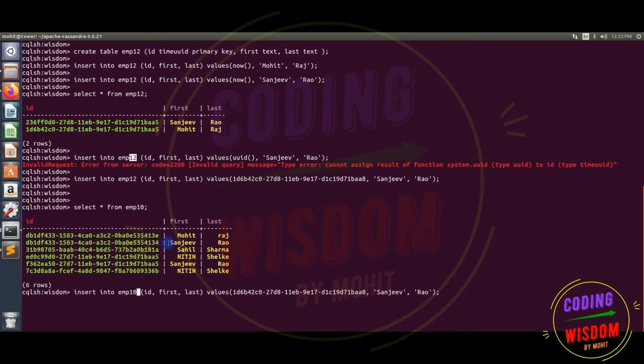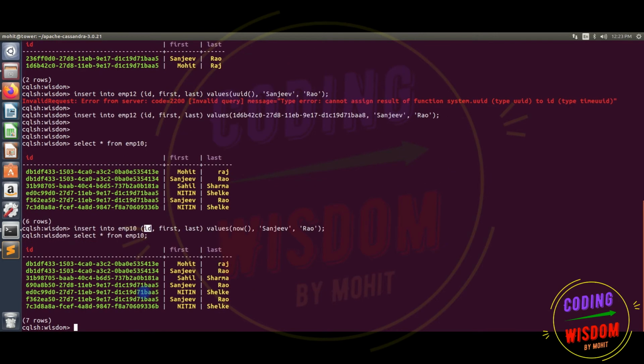In employee 10, where I have used ID with the UUID data type, here I can use now. So if you are using ID equal to UUID, you can use now, and you can also use UUID. Both you can use.